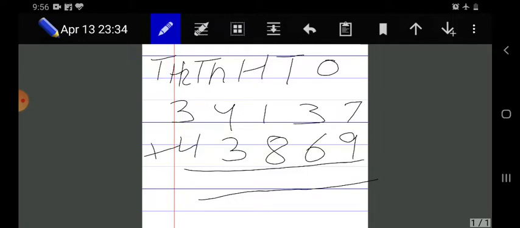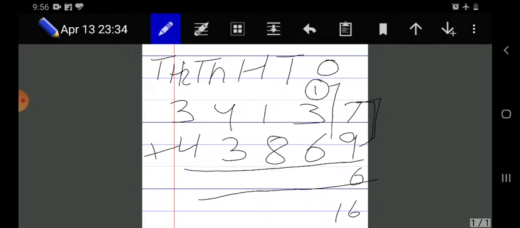If we add these numbers, as it is a 5-digit number, we always start calculation from the right-hand side. So if we add 9 and 7, what will be the answer? It will be 16. As 16 is here, we will put 6 here and 1 will be carried to another place value, that is tens.